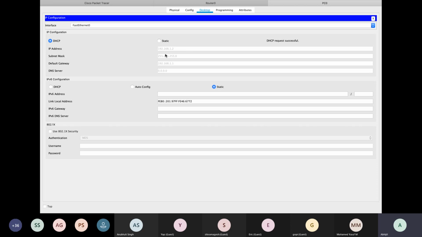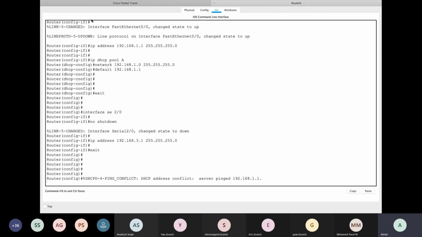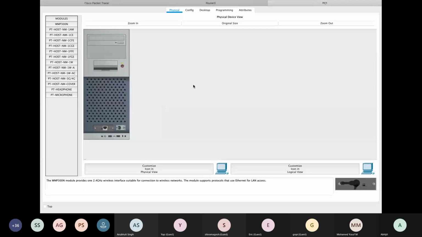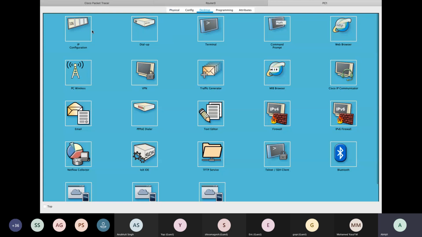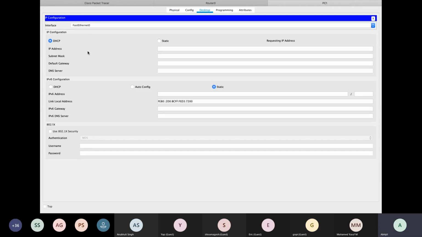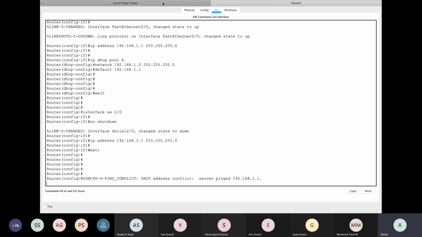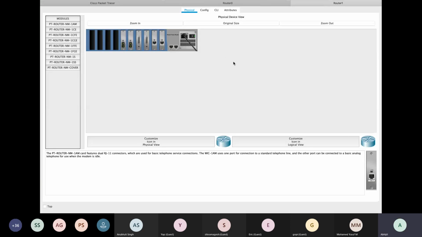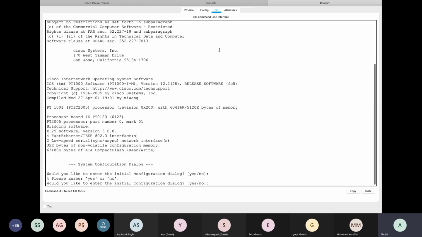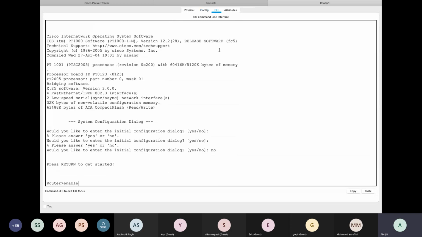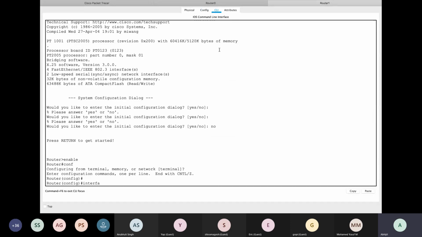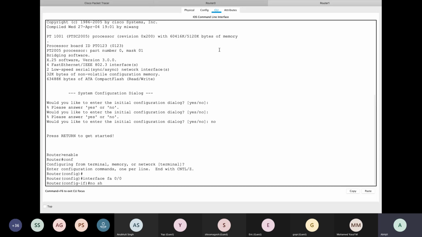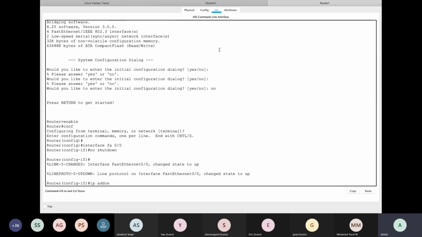and request IP, and there you go. Then I'll go to the next PC and configure the IP address there as well. There you go. And then I can go on over here. CLI, no, enable, conf t, interface FA0/0, no shutdown, IP address